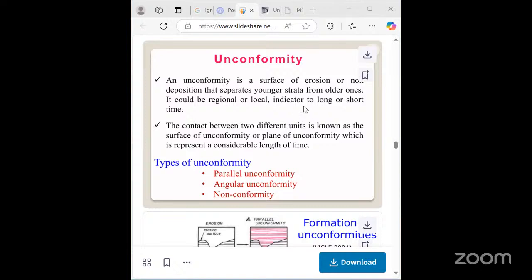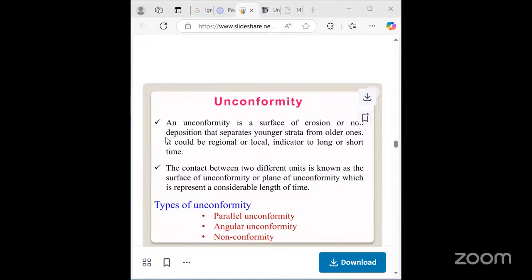A sequence of rock like this is called an unconformity. So an unconformity is a surface of erosion or non-deposition